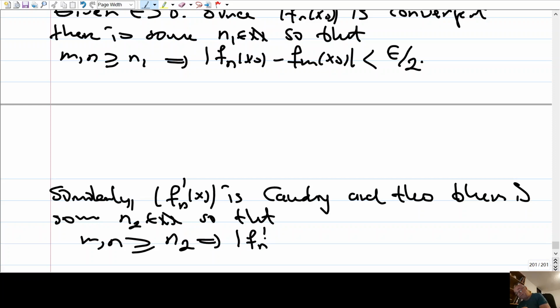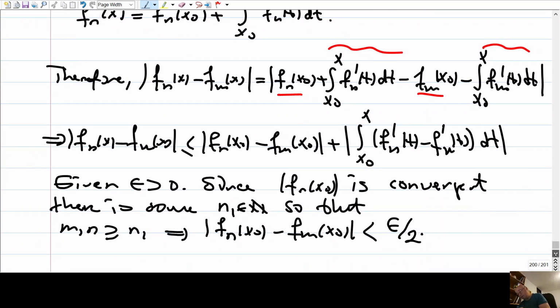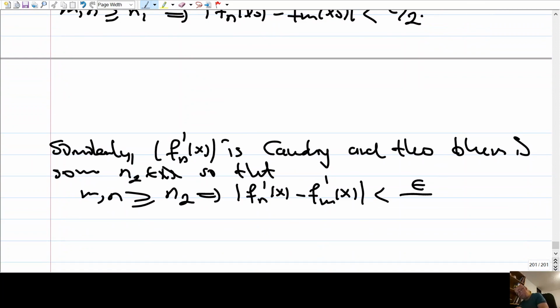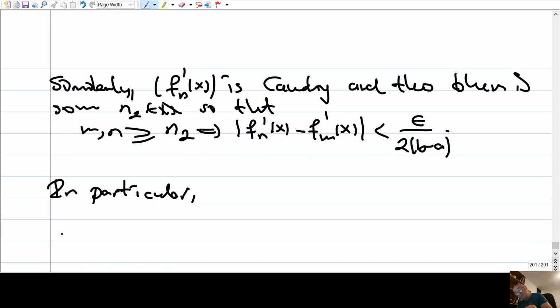in the supremum metric, f_n prime(x) minus f_m prime(x) is less than, well, okay, I want this to be less than epsilon over 2, so I want this to be less than epsilon over 2 times (b minus a). Right, [a,b] is a closed interval, I look at the length of that. So, in particular,